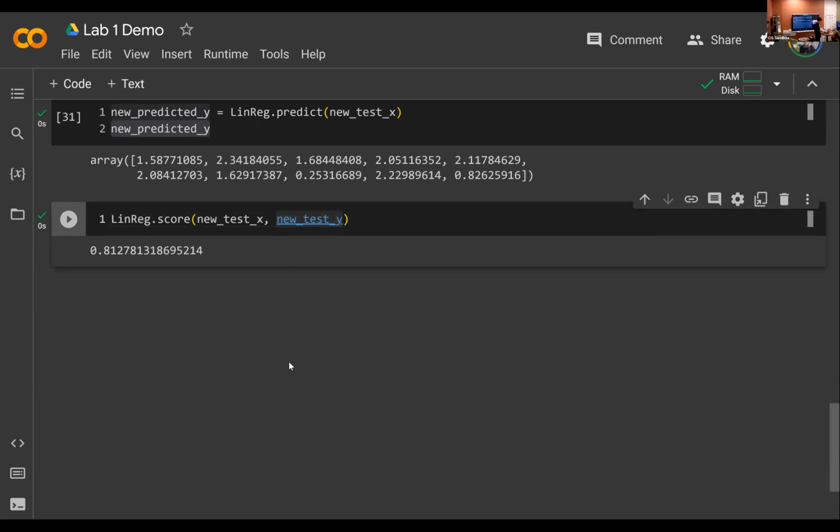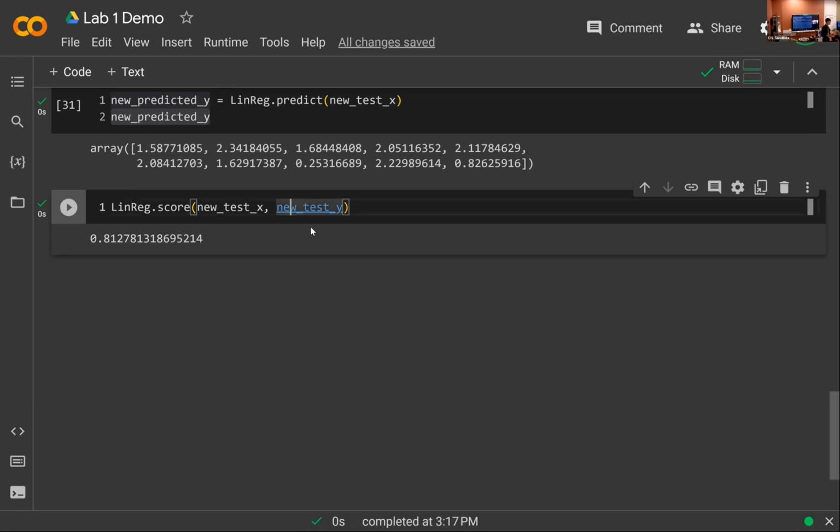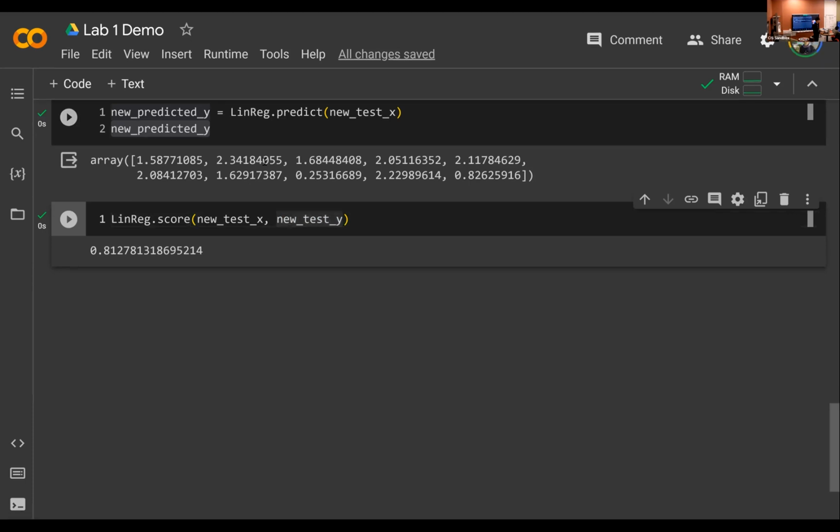Here we can see that approximately 81% of the variation in our data can be represented by our line of best fit. So our data set is about 81% linear, or our prediction model is about 81% accurate, which is pretty good. So now that we've done that, I'm going to go ahead and post the